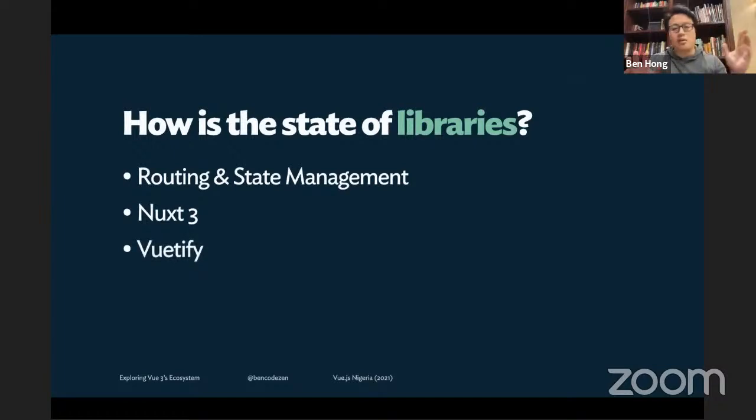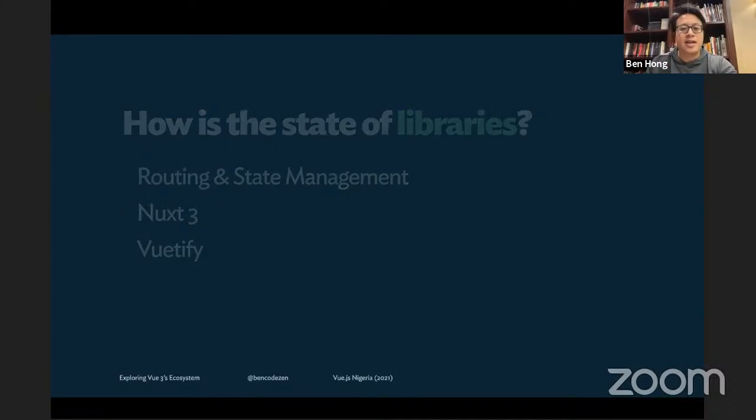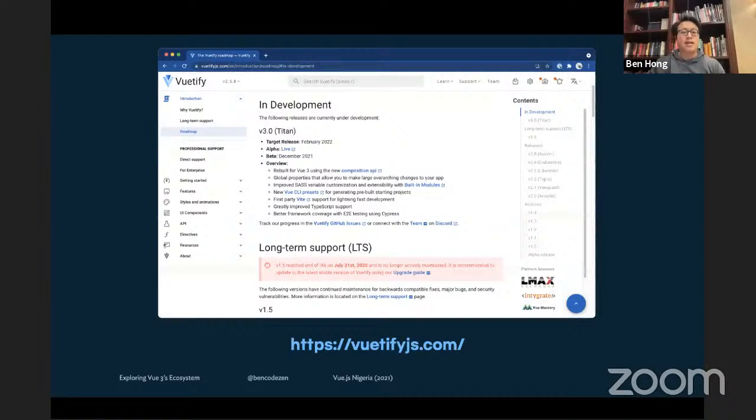All right. So the other one that has to bear mention, because I believe it is the largest component library that people are using when it comes to design and that kind of stuff, is Vuetify. And so at least last I checked with the Vuetify site, it is basically targeted for February 2022. So in other words, while it's certainly live as an alpha and the beta is intended, I think, for next month, what we're seeing here is that the Vue 3 ecosystem is going to start to be very, very, very exciting in Q1 of 2022, because with Nuxt, Vuetify,